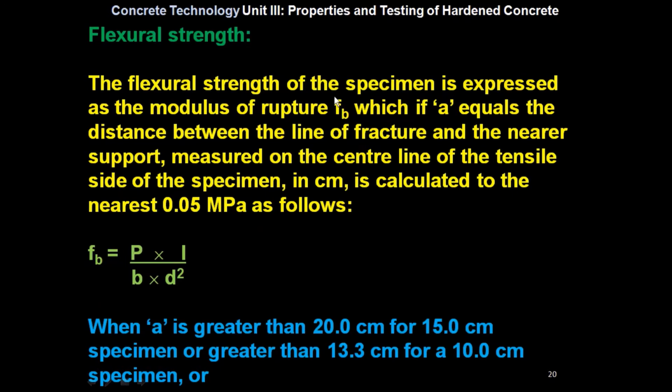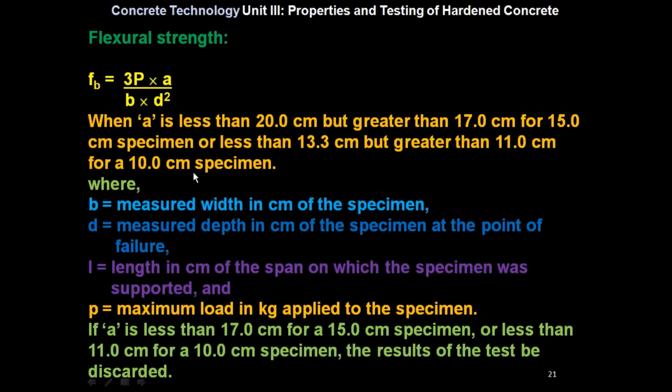The flexural strength of the specimen is expressed as modulus of rupture Fb. If small a equals the distance between the line of fracture and the nearer support, measured on the center line of the tensile side of the specimen in centimeter, it is calculated to the nearest 0.05 megapascal or Newton per millimeter square as follows. So Fb is equal to P multiplied by L upon b d square, when a is greater than 20 centimeter for 15 centimeter specimen or greater than 13.3 centimeter for 10 centimeter specimen,